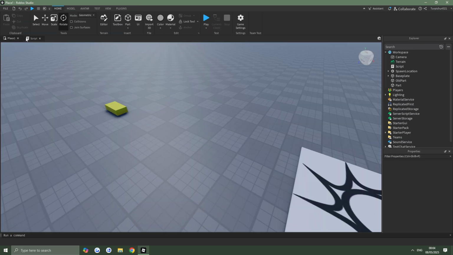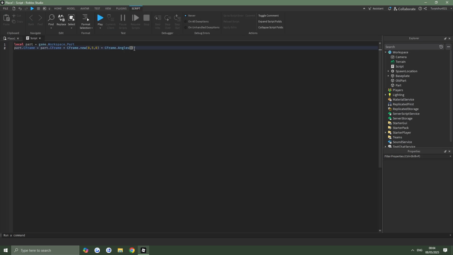So let's say I wanted it to rotate 45 degrees in a particular axis. What you would do is 0, 0, and I want it to change 45 degrees in the Z axis, for example. You think this is how you would do it. However, you need to keep in mind that CFrame.angles, this function does not use degrees. If you're a mathematician, you should know, but CFrame.angles uses something called radians, which is just a different way to represent an angle, essentially. That's just the way Roblox does things. So what we simply do is convert this degree into a radian by doing math.rad brackets,